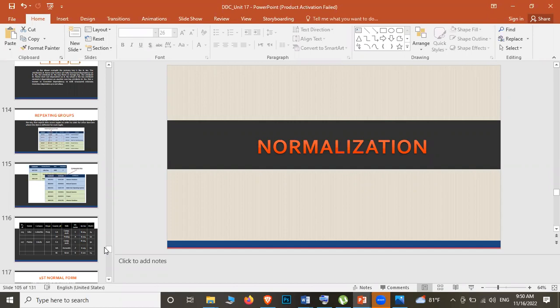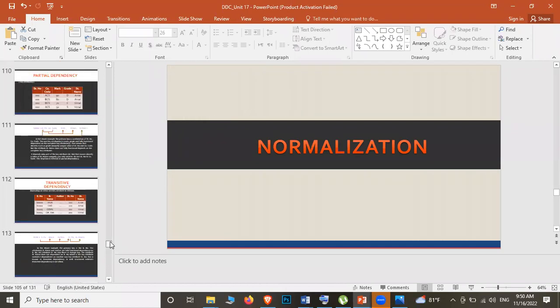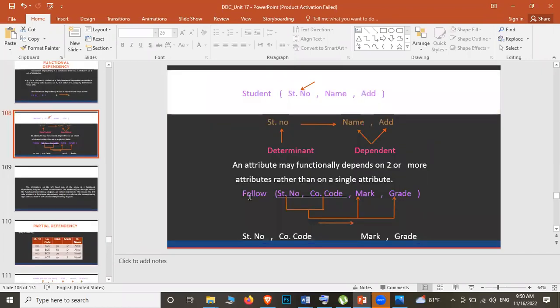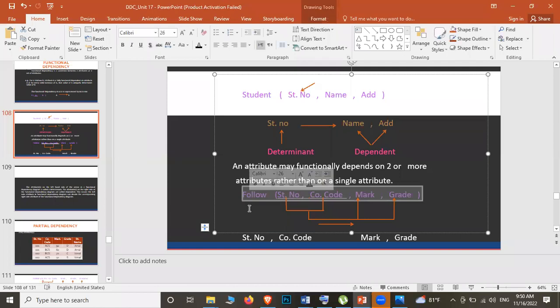Correct? Okay, I hope you understood. So just come up with the relational schema for the 2 ER diagrams which I gave you today. Do the practice for that, then you will understand normalization. Without doing practice in relational schema, you won't understand normalization as well, because all of these come under relational schema. See, normalization can be done if you have the relational schema.